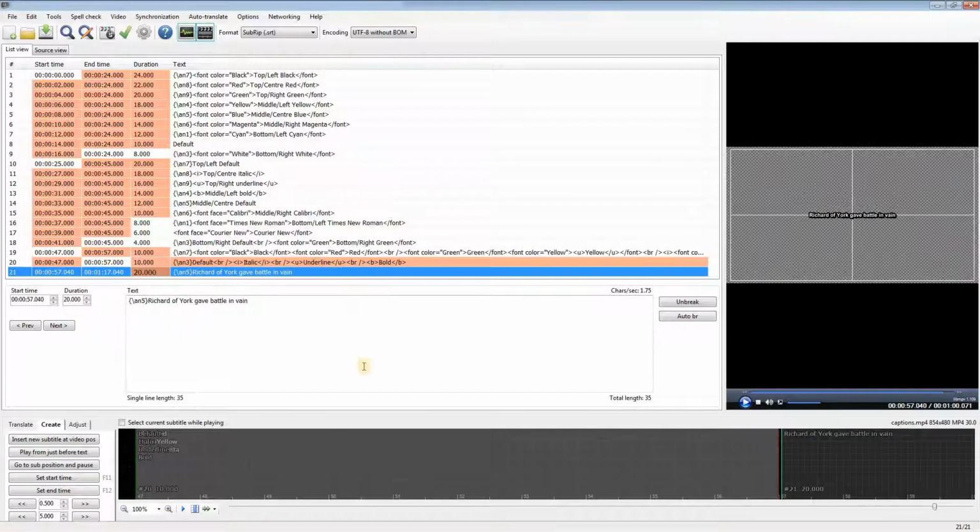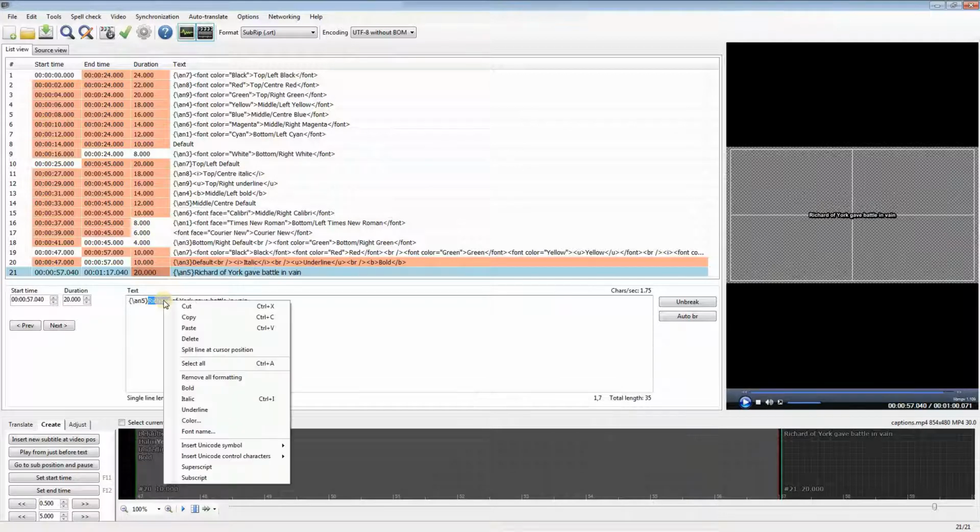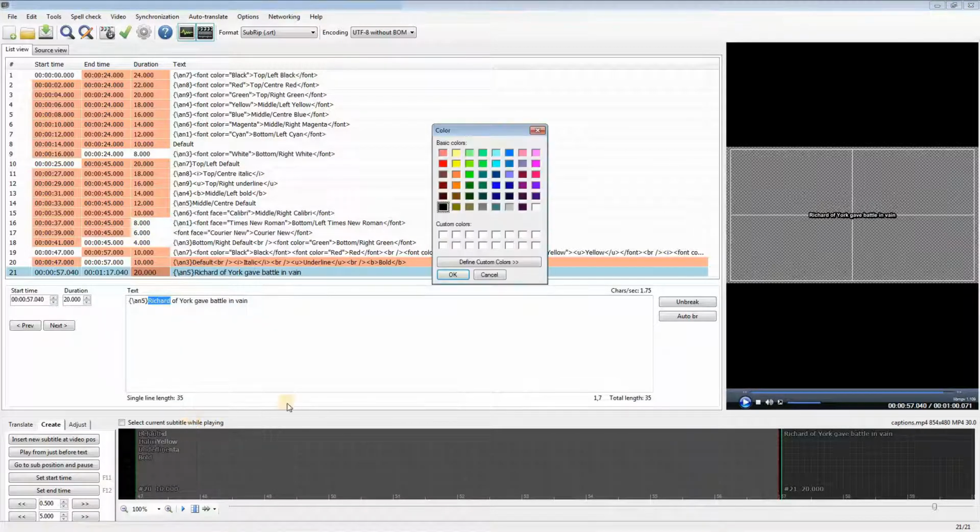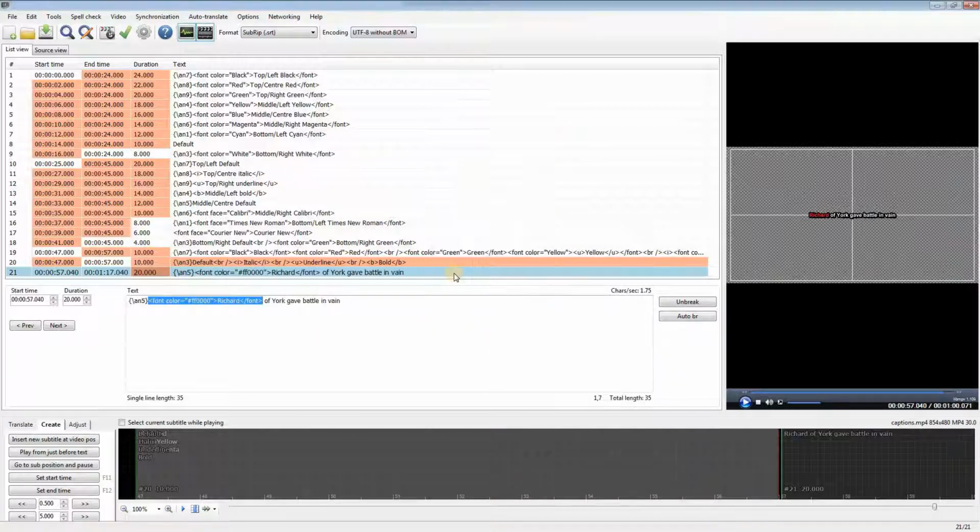Now I'll edit the final caption to add some colors. Interestingly, if you apply a color in subrip mode, you get a choice of many colors, more than the 8 allowed in the EBU STL mode. The color tags are added with hex codes. Let's check what happens if we add some new colors.